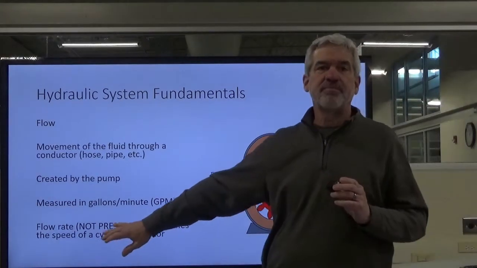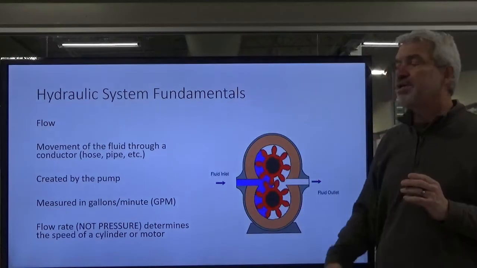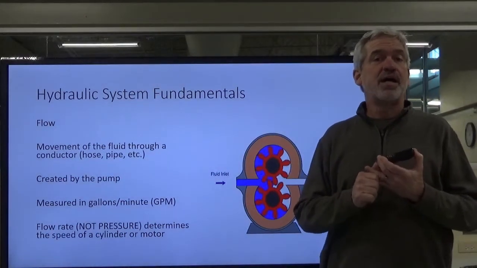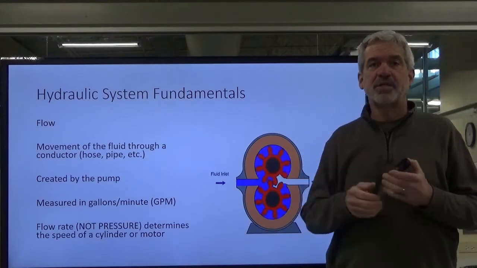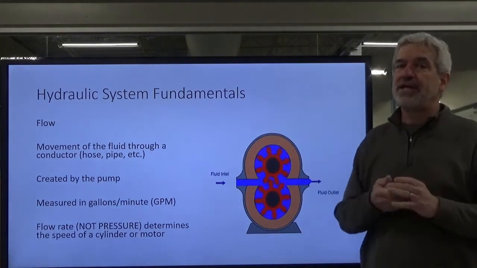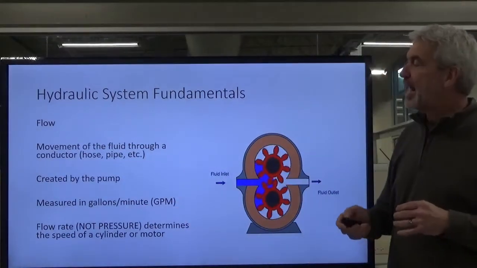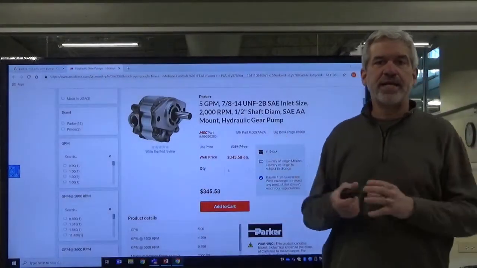And the flow rate, not the pressure, is what determines the speed of our actuators, such as cylinders and hydraulic motors. That flow determines that speed. But like I said, it's rated in GPM, or gallons per minute. I just Googled one of the